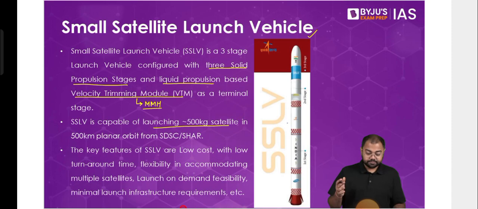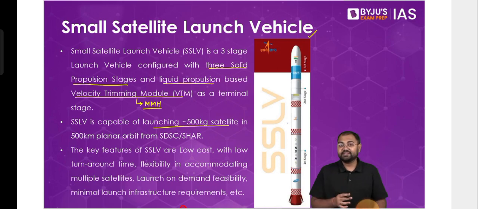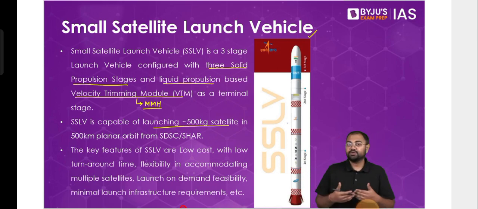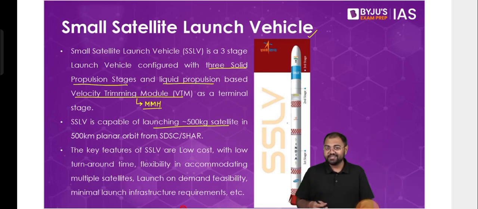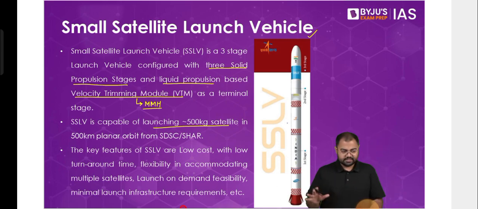And the launches will not only be done for ISRO or something related to India or being done by the Government of India, but we'll see that a lot of private launches will also happen with the help of SSLVs. This will help in the growth of the private space market in India. It will help in the growth of startups in India. It will also generate a lot of employment opportunities. It will also help in a lot of revenue generation for ISRO. So there are all these things, and that's why the entire operation has been handed over to NSIL, that is New Space India Limited. We'll discuss NSIL later, but just understand the significance.